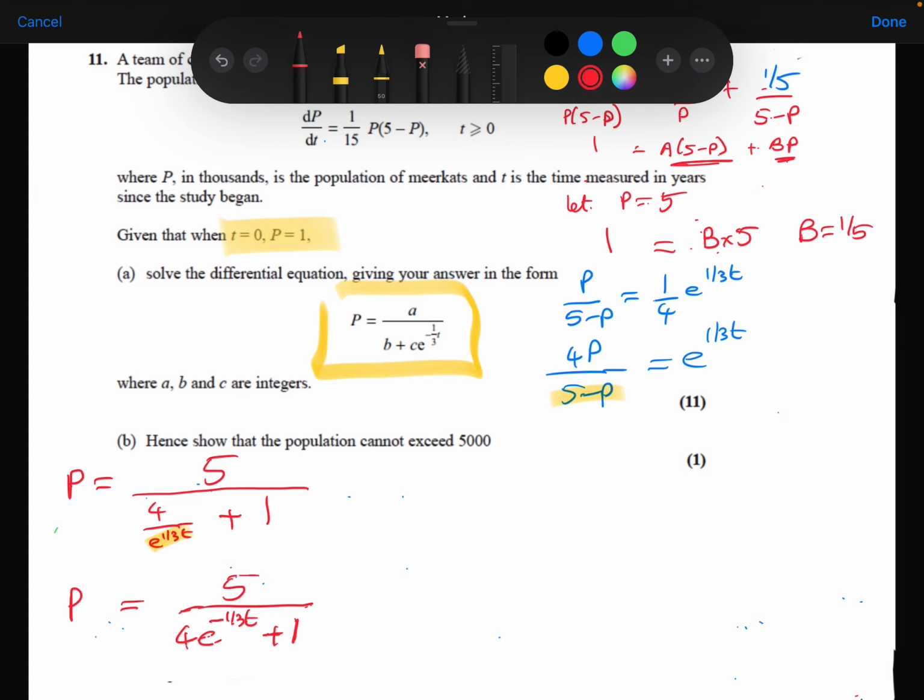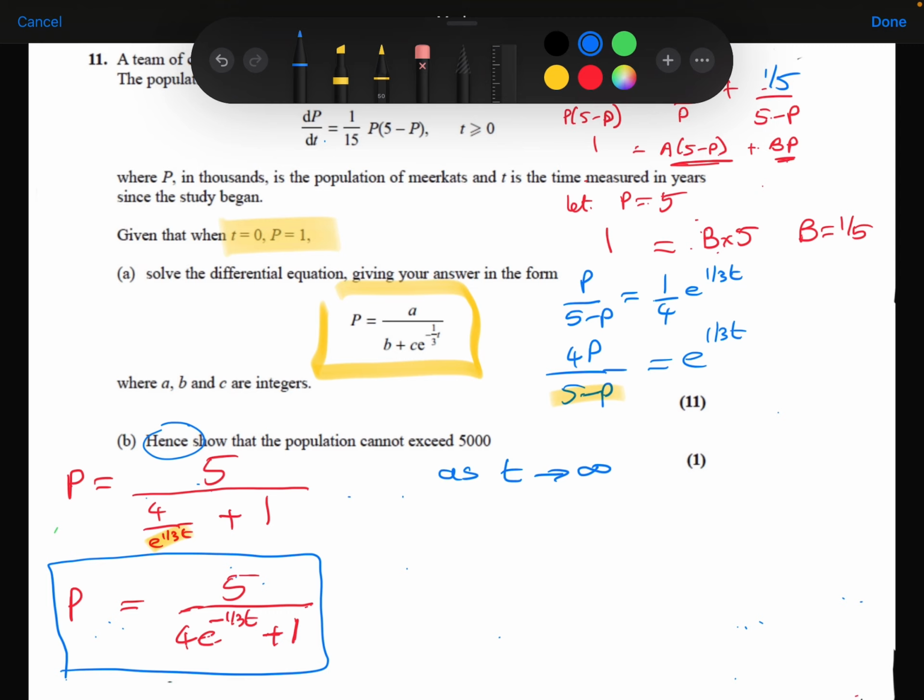Part B. Hence, so using what I've just done, using this, show that the population cannot exceed 5,000. So no matter how much time passes, no matter how many years have passed, the population of meerkats will not get above 5,000. So no matter how much time passes, I'm thinking, as t tends to infinity, as t becomes